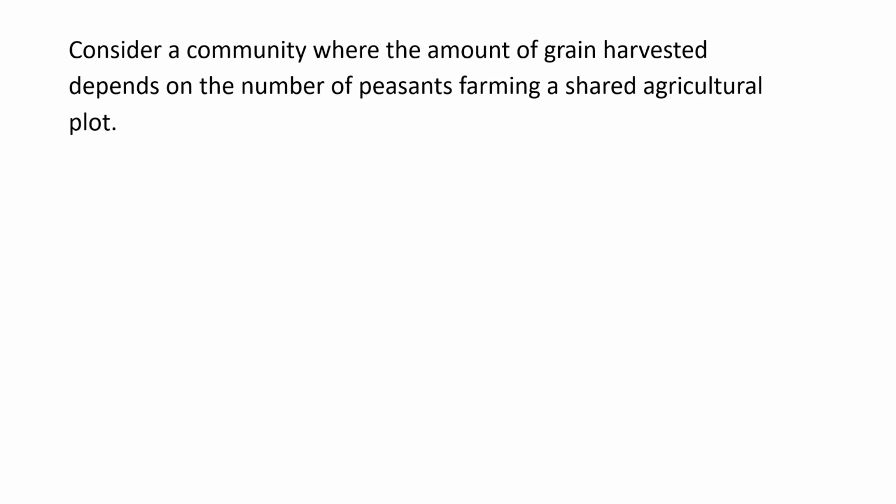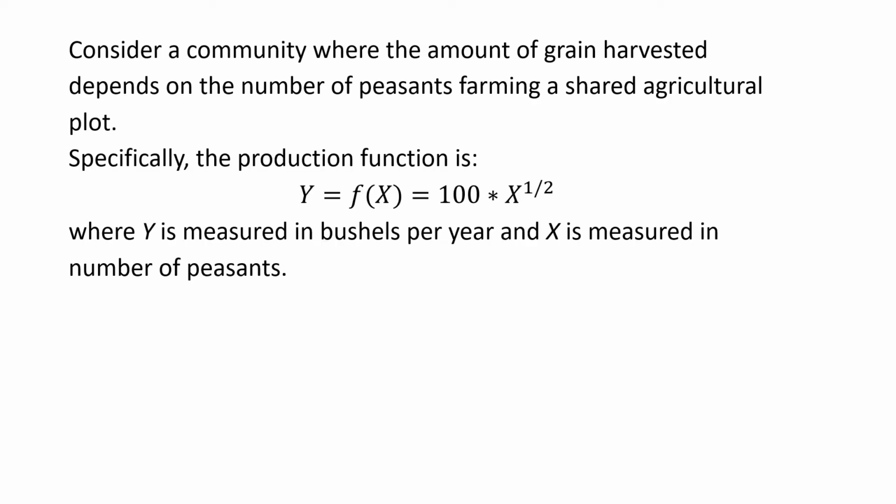Welcome to this video that explains the Malthusian trap. Consider a community where the amount of grain harvested depends on the number of peasants farming a shared agricultural piece